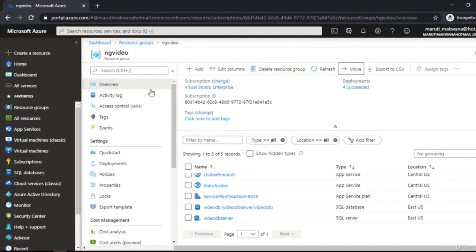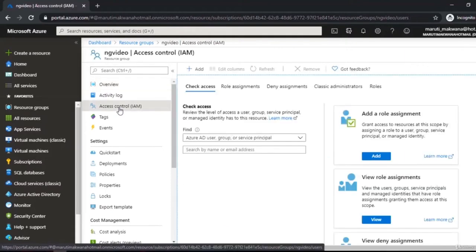Also, when we go to access control, we know that this is associated with authentication and authorization. It means your resource group model is also associated with security. If you want to give access to a particular user up to a certain resource group only, then that's also possible. You can give access rights to a particular group or a user so that he cannot access anything outside this boundary. These resource groups have all these advantages which really help us in managing multiple resources in a particular subscription.